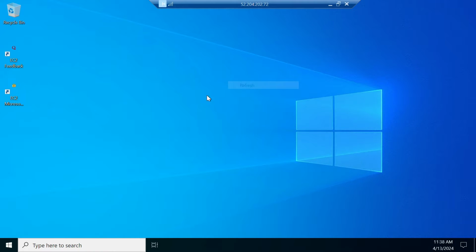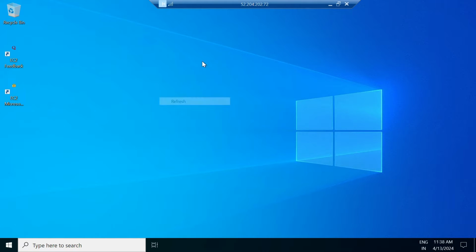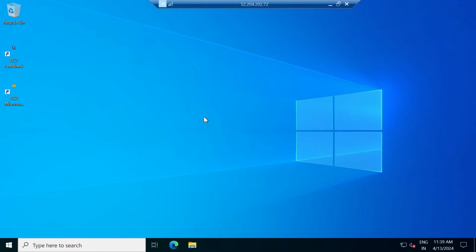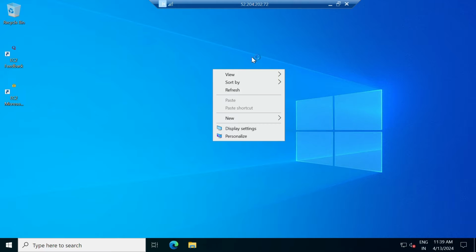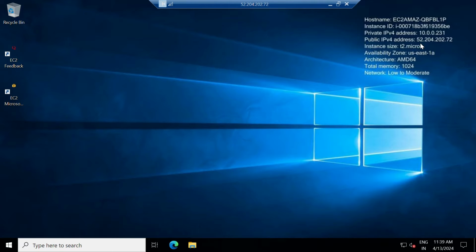So refresh this, guys. And here let's create some of the folders. Let's wait for some time. It was a bit laggy. Here you can see, guys, this is the public IP address